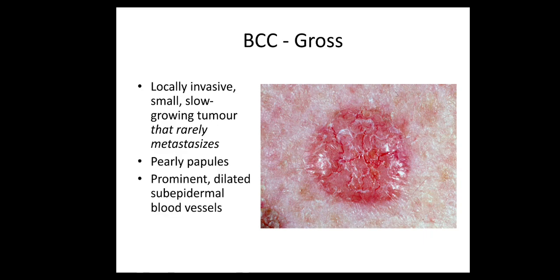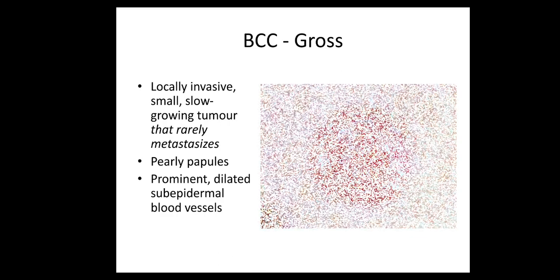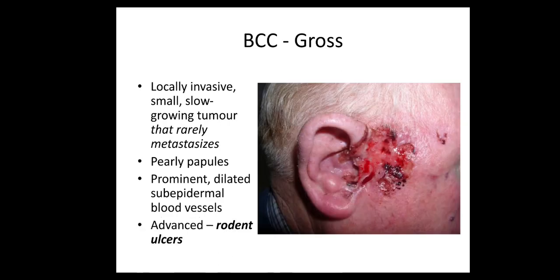They can present as papules. Usually they have prominent blood vessels. In advanced stages, see, this is the line joining the lower lobe of the ear to the angle of the mouth. You can see that the malignancy is seen above that line. So that is the usual site. And in advanced cases it is also called a rodent ulcer.